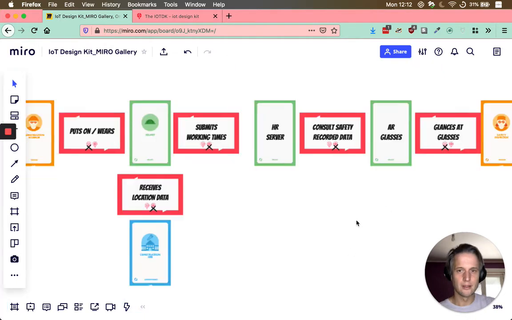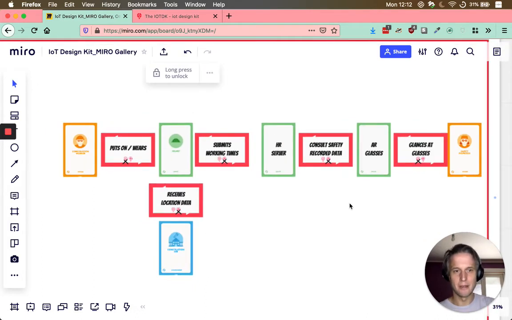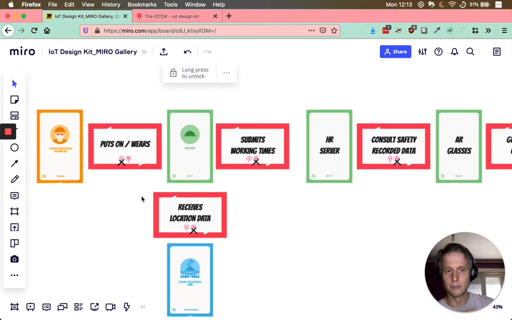So what I really like about making these kind of mappings of an internet connected product is that you can immediately see, you can approach this in very different levels. So we are not talking about technological solutions. We are not talking about which database type is being used. We are not talking about which sensor is being used to do this. Now we're talking about the overarching story. And for instance, we could now suppose that